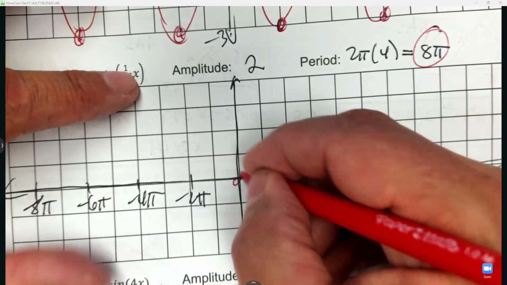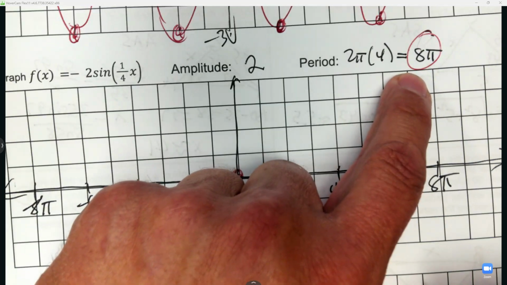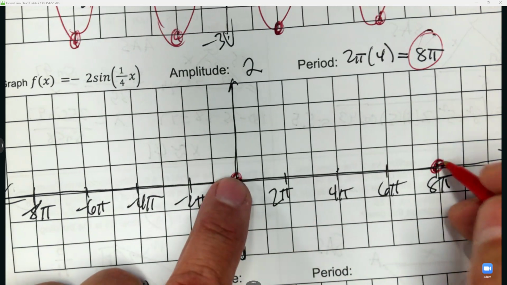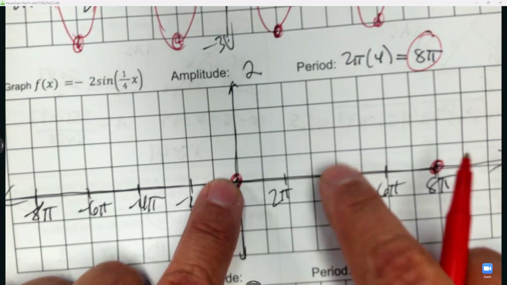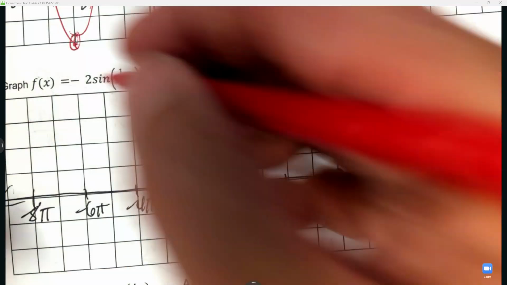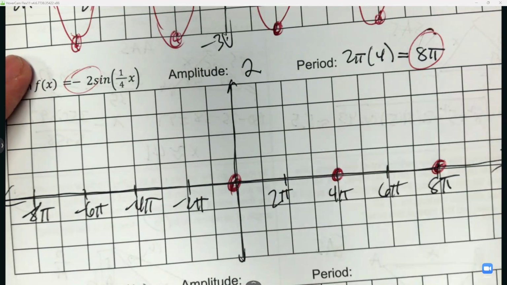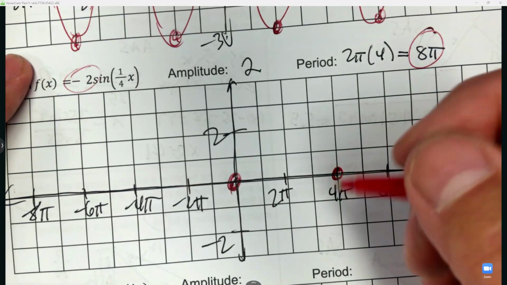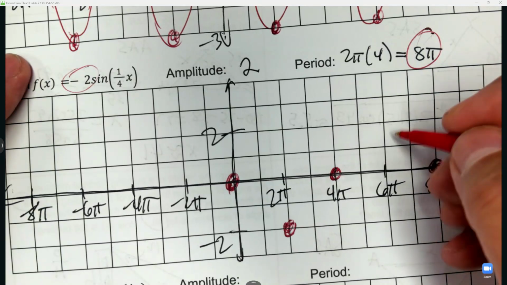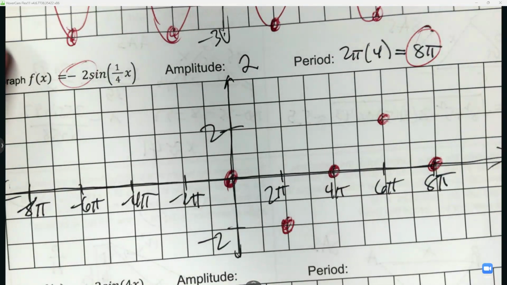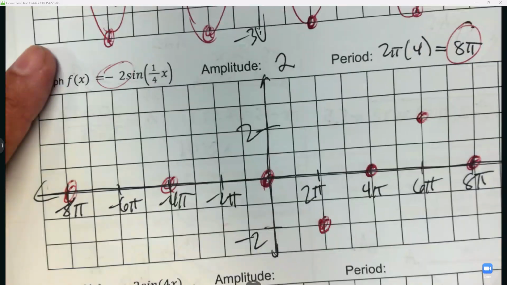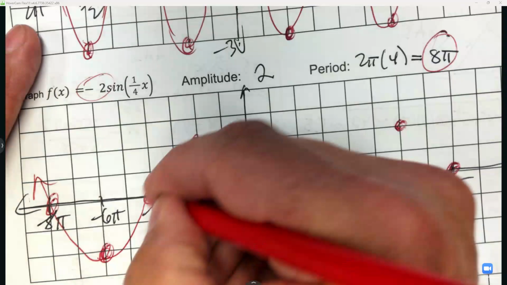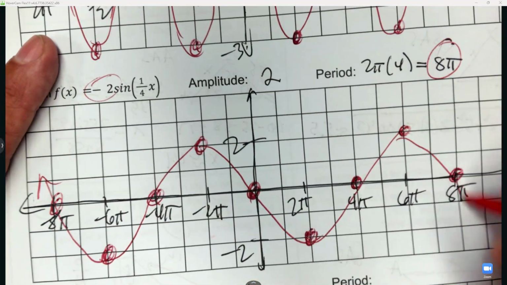So sine starts in the middle. And then this tells me where one pattern ends. So I go to 8 pi and have the same y coordinate. In the middle, between the two ends, will also be a middle point. So sine starts with 3 middle points. Now, for our first 2 middle points, because this is negative, we're going to go to negative 2. And then I'm going to go to positive 2. And I'm going to follow that pattern. So we have a pattern of the middles, and then the first is going to go up to 2, and then down to negative 2, and then the wave goes down, and then up, and then down, and then up,